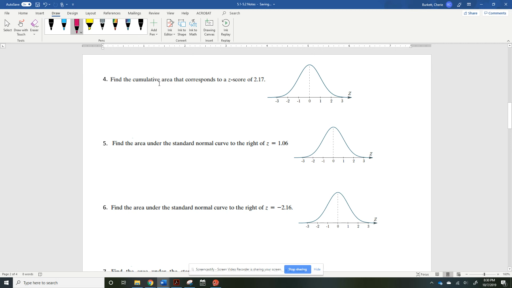finding the area to not always to the left. This one says they want to find the area that corresponds to the z-score. Oh no, this is the same one. Okay, so